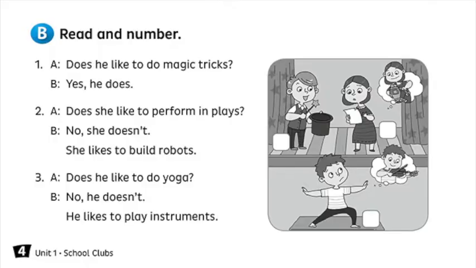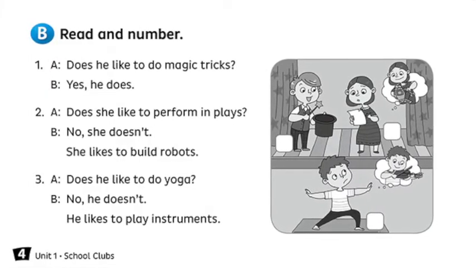Okay, let's go on to letter B. Letter B is read and number. So we are going to read these sentences and number the boxes on the right of the picture. Whatever the sentence says the kids, the students, are doing, that's the number we put on the picture. So number one